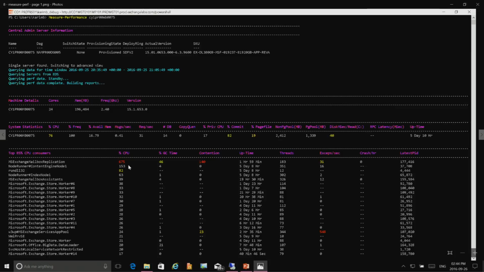Now, percent CPU, if you're familiar with looking at perfmon, you get 100% per core. And the replication service, which is the same MRS migration service that runs on-prem, also responsible for load balancing, is actually taking up nearly 7 cores of CPU. And there's something else that's moderately alarming here, which is that there is a large amount of that time being spent in contention. And as always with engineers, it's a funny